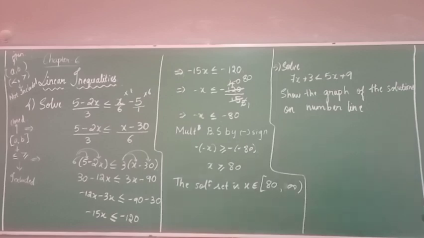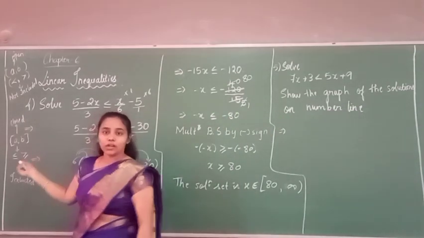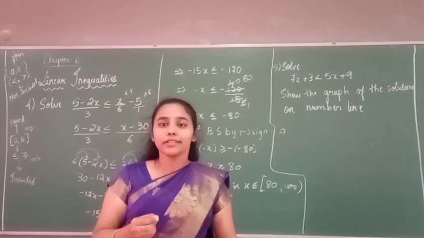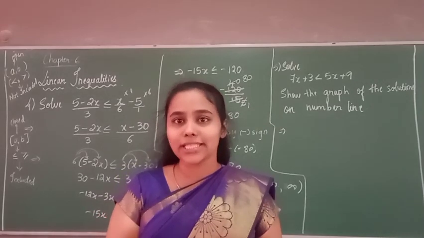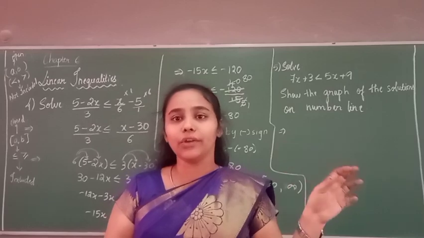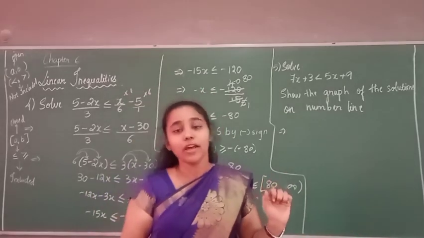Excuse me. So here, in the previous 4 questions which we solved already, they did not give the question as indicated on the number line. But from the solved example 5th one, you can see they indicate that whatever value you are getting, that is the final answer you need to indicate in the form of a number line.